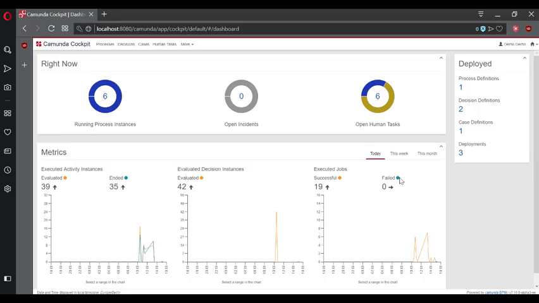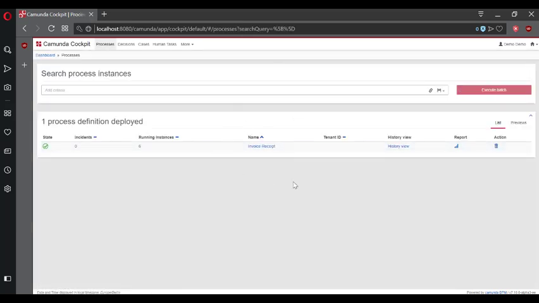So at the moment I have Camunda running here. This is the front end here, Cockpit, and you can see I just installed a fresh installation of Camunda. I have the demo process here in the processes, and now I'm going to go back and just deploy my new process. And then what I'm going to do is I'm going to use the documentation and Postman in order to trigger the events that I've created.